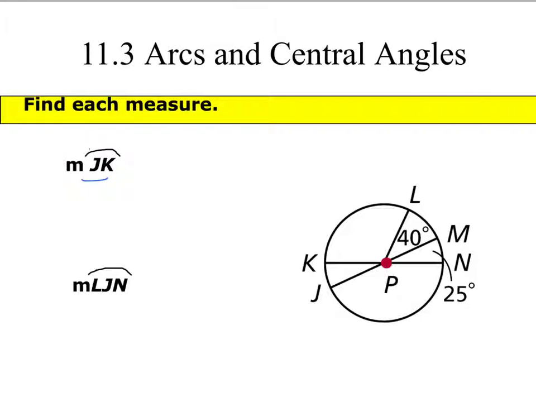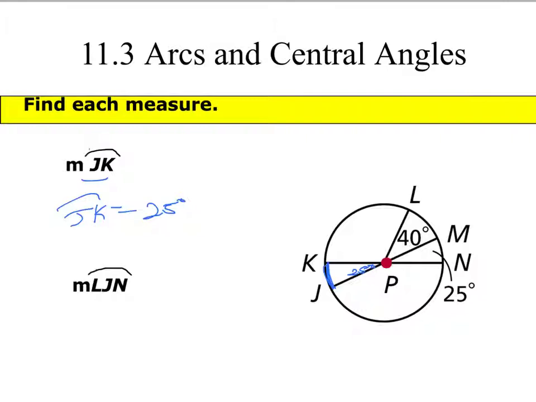All right, so the arc of JK. Well, same idea. Notice we know this angle right here, 25 degrees, because we're finding the minor arc of JK, because that's what it tells us right there. Find JK. It is going to be 25 degrees because of our vertical angles postulate. All right? Next one is going to be a little bit different. We are going to be finding